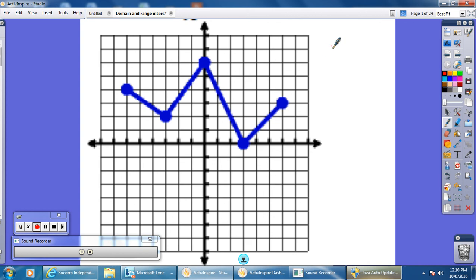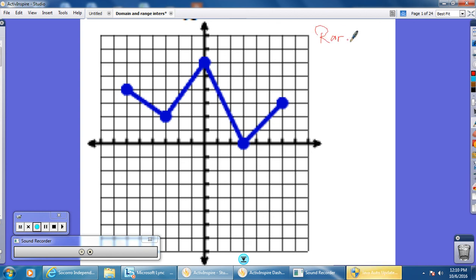So now we're going to do range. Range is all your y values, right? And that's on the y-axis. So now we're talking about this lovely axis right here, y. So now we read y from bottom to top. That's because we also put the y in the middle, because y is going to be between two numbers. It's going to be between the lowest part of the function, the bottom, and the top part of the function,